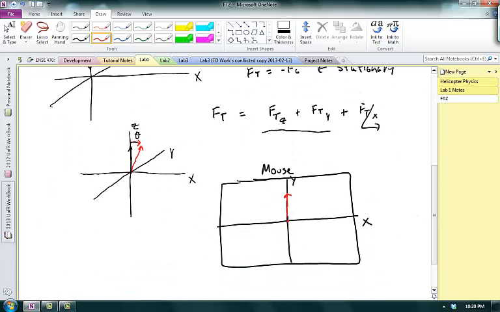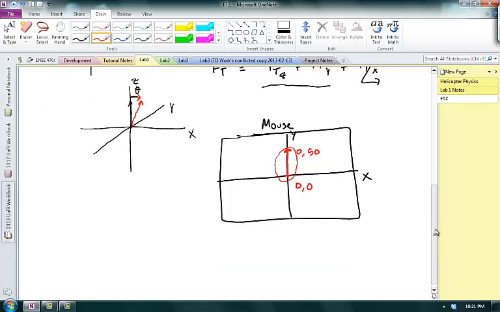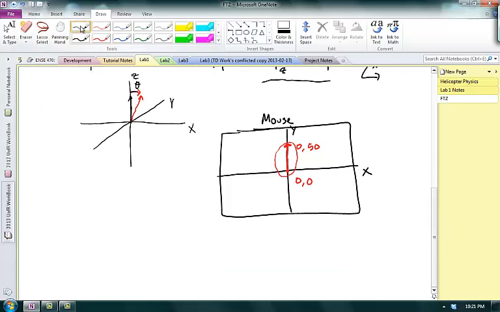So initially it was at that location. Let's say it's, well, let's just say for simplicity it's coordinate 0, 0. And now it's at coordinate 0, 50. So we have some vector going straight up. So what we need to do is we're going to take the magnitude of this vector. Let's write that down. The magnitude of this vector